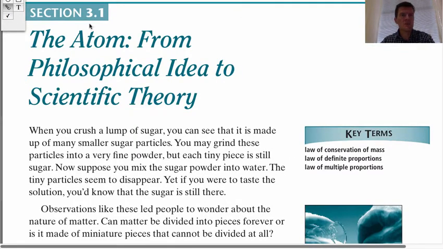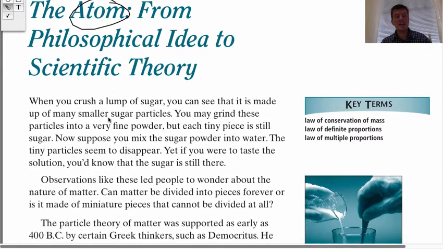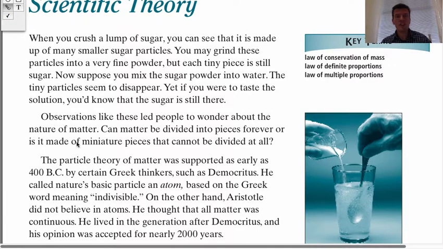All right, section 3.1 of this chapter. Again, as mentioned, we're going to focus on the atom. The first couple paragraphs here give you a historical perspective of how the idea of an atom was first developed, as maybe a certain material or compound such as sugar. As that was crushed, it still retained the properties, no matter how finely you crushed it. And so the idea was, well, there must be a minimal particle that is going to retain the properties of